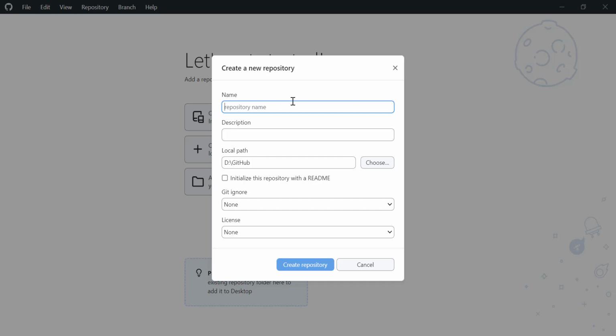Here we need to provide the name for the repository, right? So here I am going to give the name as SDP, and here I am going to give a description of this particular repository, right? Programs of SDP. Yes, clear. And then we have to click this Create Repository button,